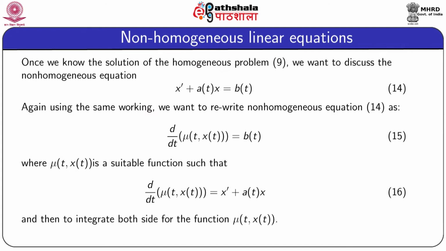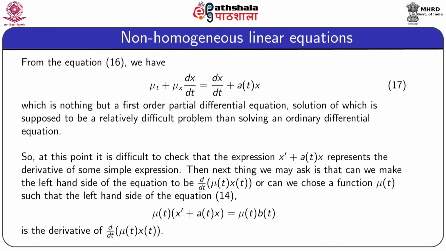Once we know the solution of the homogeneous problem 9, we want to discuss the non-homogeneous equation dx/dt plus a(t)x is equal to b(t). Again, using the same working method, we rewrite the non-homogeneous equation 14 in the form d/dt of mu(t,x) is equal to b(t), where mu(t,x) is a suitable function such that d/dt of mu(t,x) is equal to x dash plus a(t) into x, and then integrate both sides for the function mu(t,x). From equation 16, we have